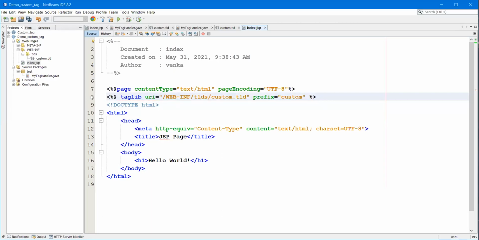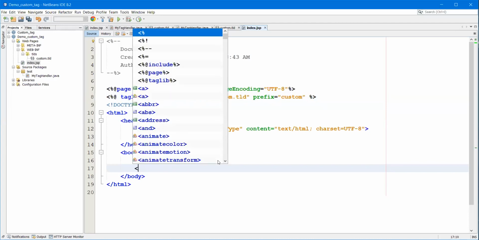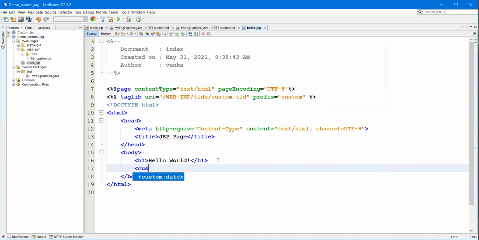See, now this error is gone. WEB-INF/tlds/custom tag. Now we need to invoke that tag. How are we going to invoke the tag? The prefix custom will come automatically.